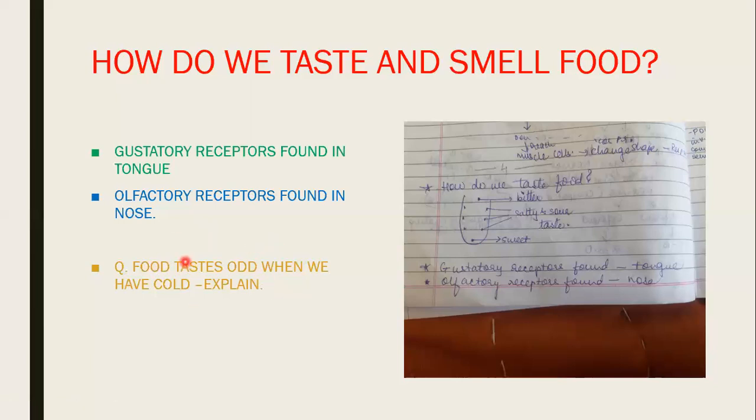So it can be a 3 marks question or a 1 mark, or it can come as an objective one in match the following also. Fill in the blanks also. Gustatory receptors are found in dash. So in the tongue region. Olfactory receptors are found in dash, nose region. Gustatory organ is dash, tongue. Olfactory organ is dash, nose. The tip of the tongue, match the following, sweet. Back of the tongue detects bitter taste. So these are all objective questions that can come from this particular slide.